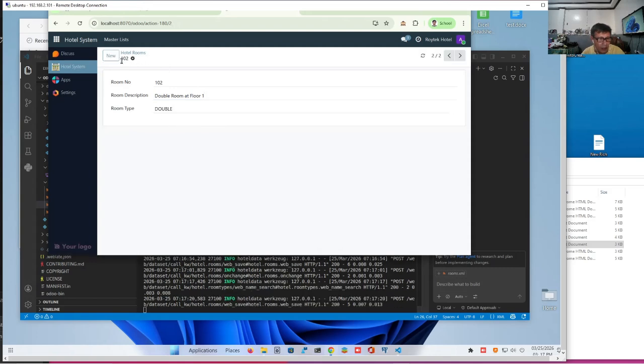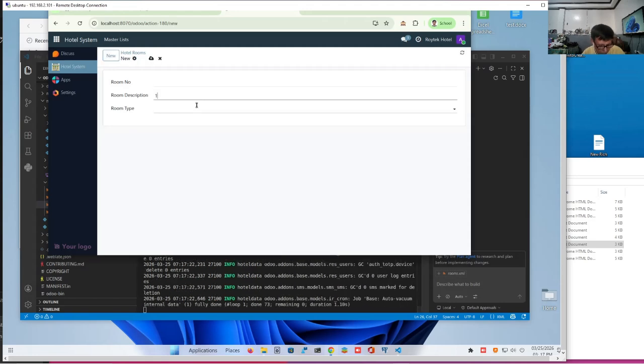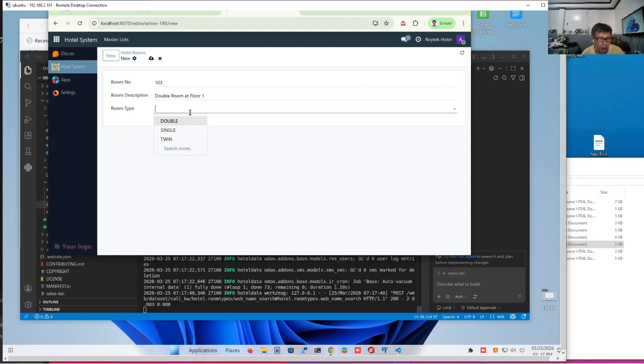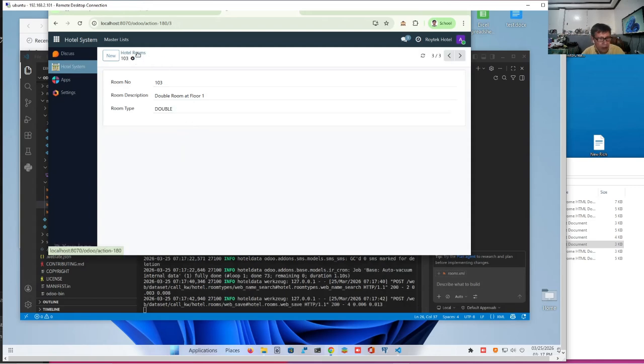Okay, let's add another double room. Floor 1. Okay, so these are our hotel rooms.